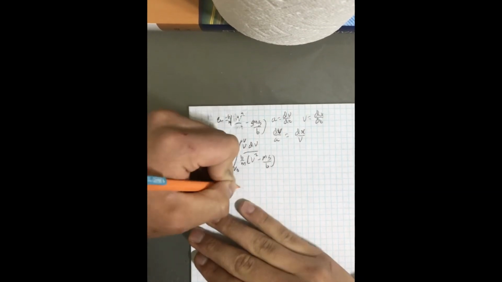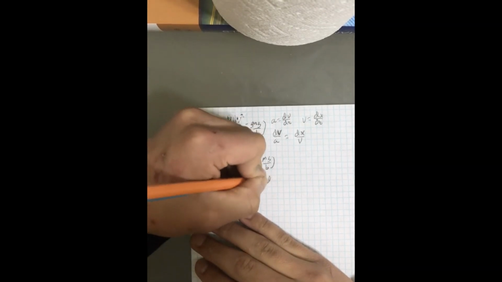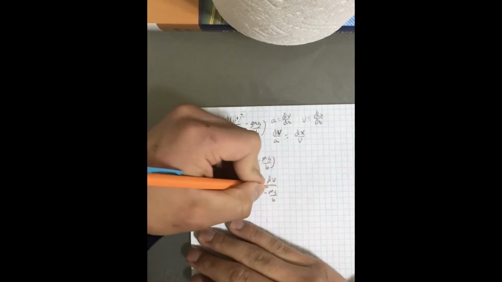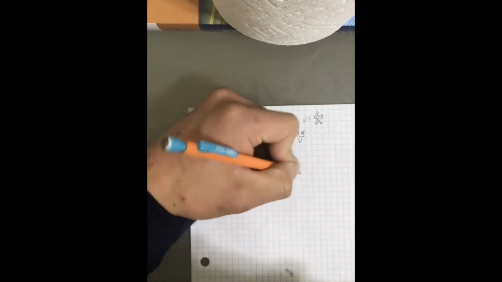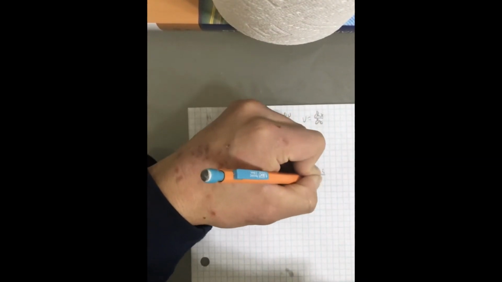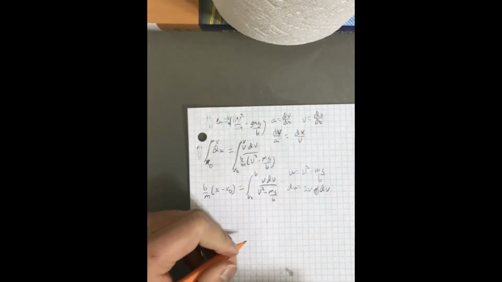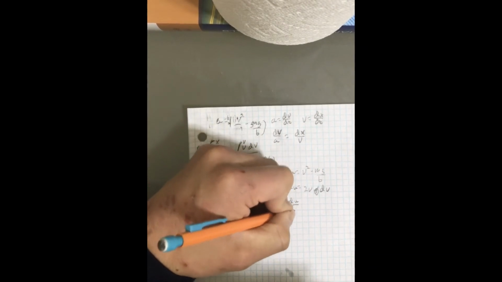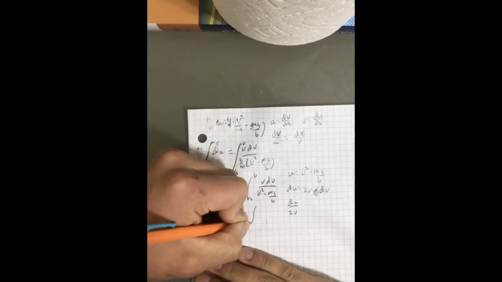X minus X naught is going to be equal to the integral from V naught to V of V dV over V squared minus MG over B. Now this is a lot easier to integrate because we can do a u sub. So we're going to set u equal to v squared minus mg over b. Then du is going to be equal to 2v dv, the minus term goes away because it's a constant. So dv is equal to du over 2v, and this integral just becomes 1/2